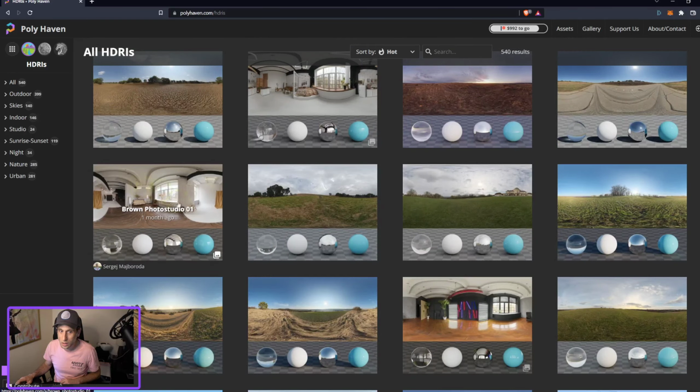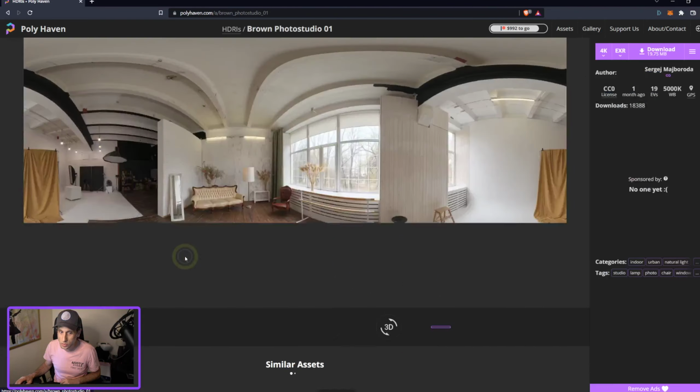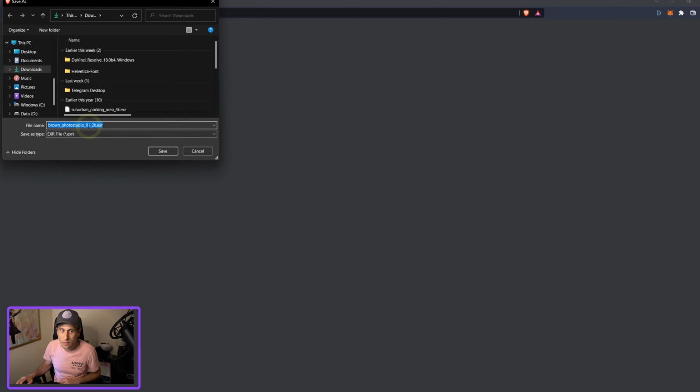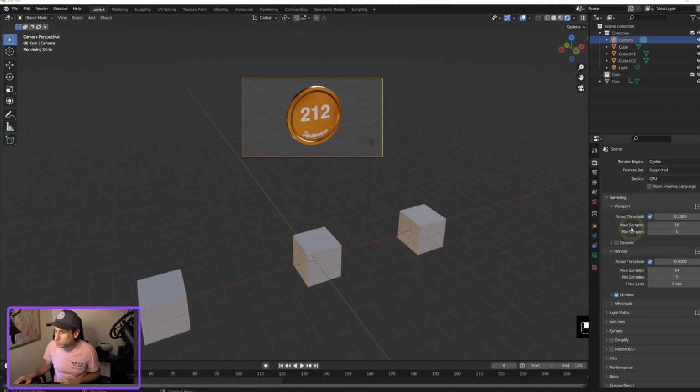So I want some indoor lighting here, so I'm going to take this Brown Photo Studio and I'm going to download it, and we probably only need a 2K file, so I'll download that 2K file, and we're going to grab this EXR file. I'll just keep it in my downloads folder, and now we can go back to Blender,